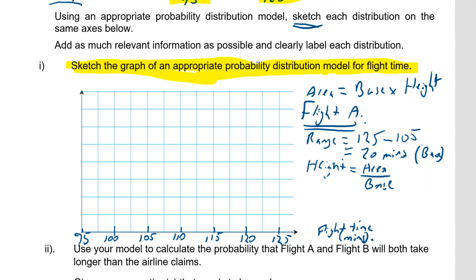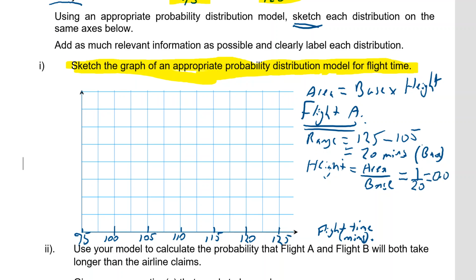So we have height equals area divided by base, because base times height equals area. So what's the area of any probability distribution model? Well, it has to be 1, because the probabilities of any distribution have to add to 1, don't they? So area is 1. Base we've worked out is 20. So the height is 1/20th, or